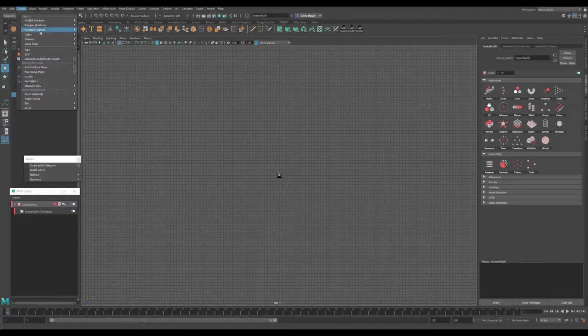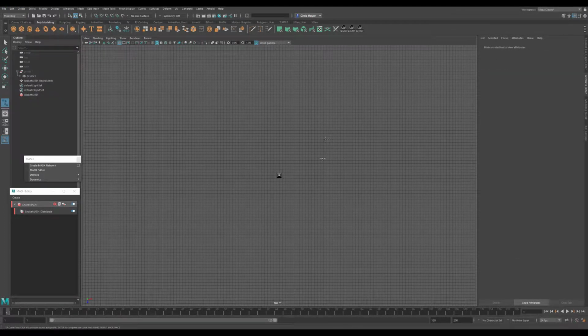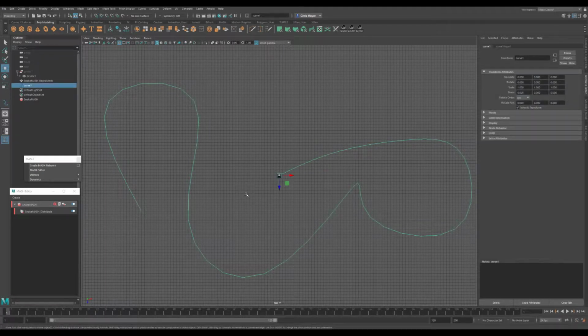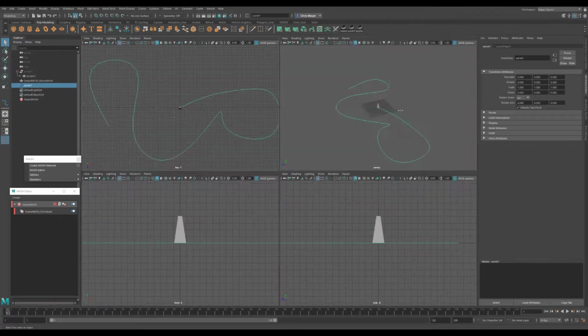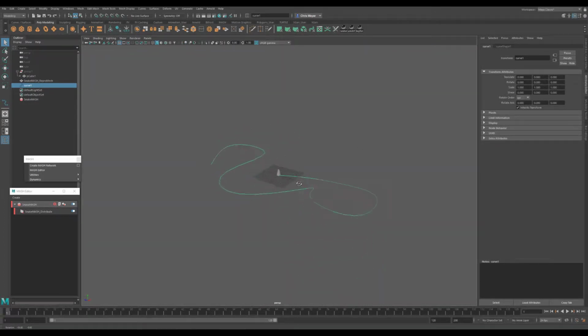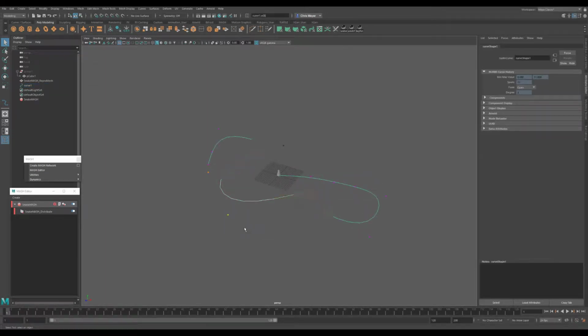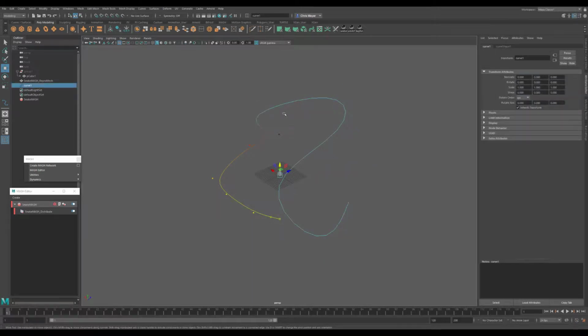So next on the agenda is to create a curve. We're going to take an EP curve tool, hold down X to get a vaguely interesting curve. No idea why that was the option I went with there. And we're going to do some fun things. We're going to select our curve, control point, press B to put in its soft select, and then we're going to just smash it upwards. Click over here, do the same, smash it downwards, put this back into object mode, turn off our soft select,